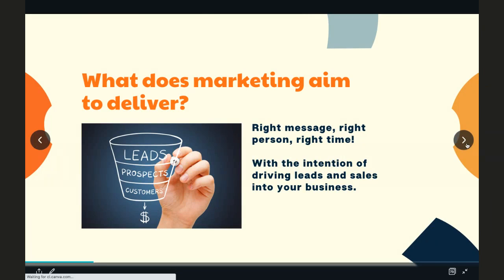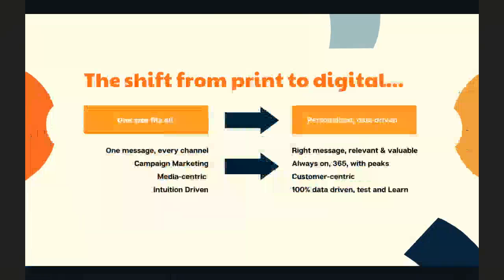When we think about marketing and digital, there's been a huge shift from print to digital. So, you know, I even learnt my trade working in a media agency when it was pretty much all print, and it's a very different. So print is one size fits all. You put an ad in the newspaper, for example, and that ad goes to everyone, and it's a blanketed approach